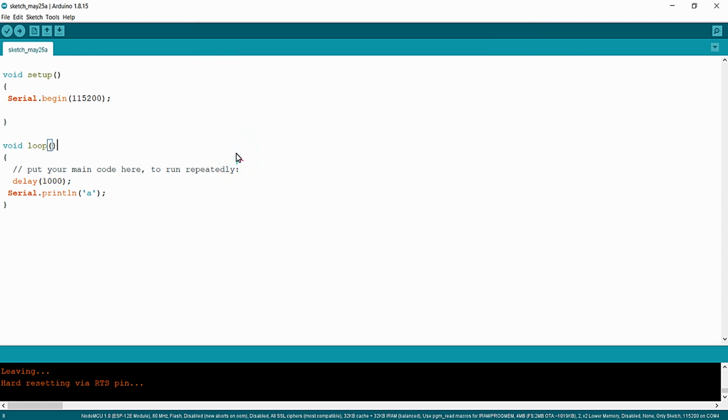And now I hope you understood what this Arduino IDE is, what a serial monitor in Arduino IDE is, and what the void setup and the void loop available in this Arduino IDE are. So this is the basic structure of the program that we are going to write in this Arduino IDE.